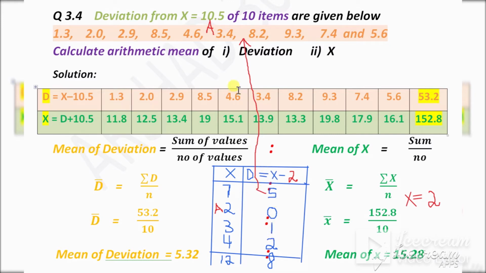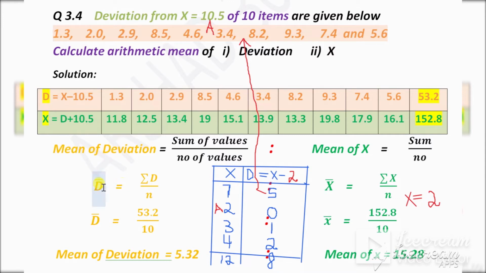So here in the same way this question, find the arithmetic mean of deviation. So arithmetic mean of deviation mean the sum of d. So just sum, add up these d, which is 53.2. So mean of deviation, the basic idea of mean is always same. Which one? Sum of values divided by number of values. So mean of deviation, deviation mean d, so d bar. If there is given mean of x, so write x bar. Mean of y is y bar. Mean of d is d bar.